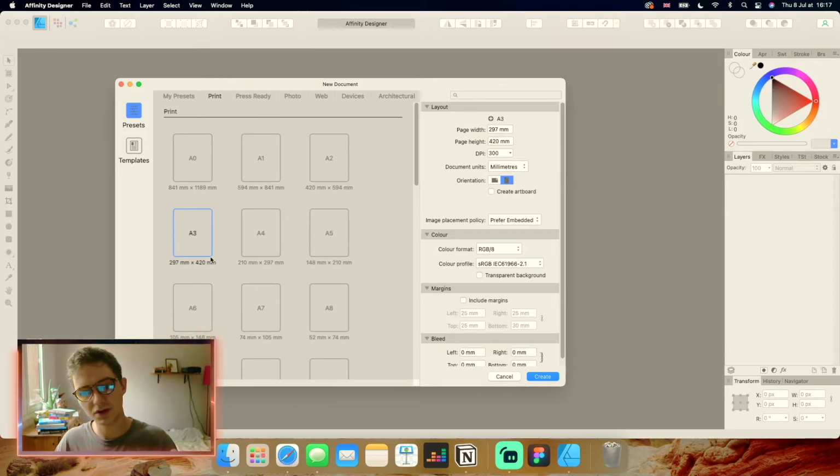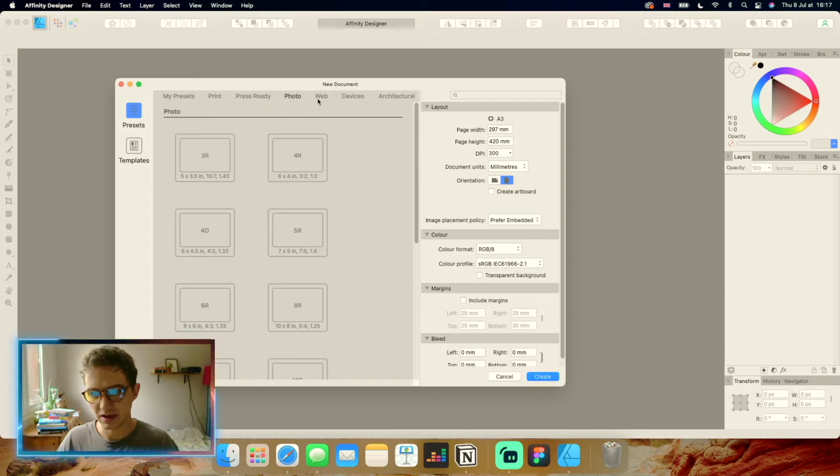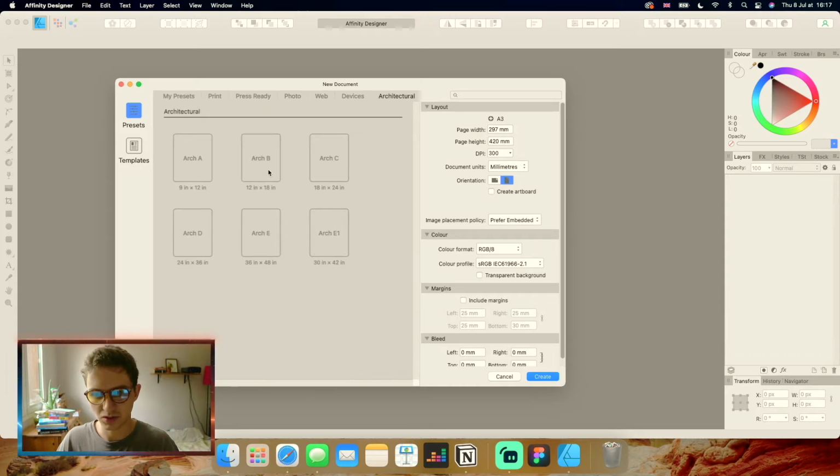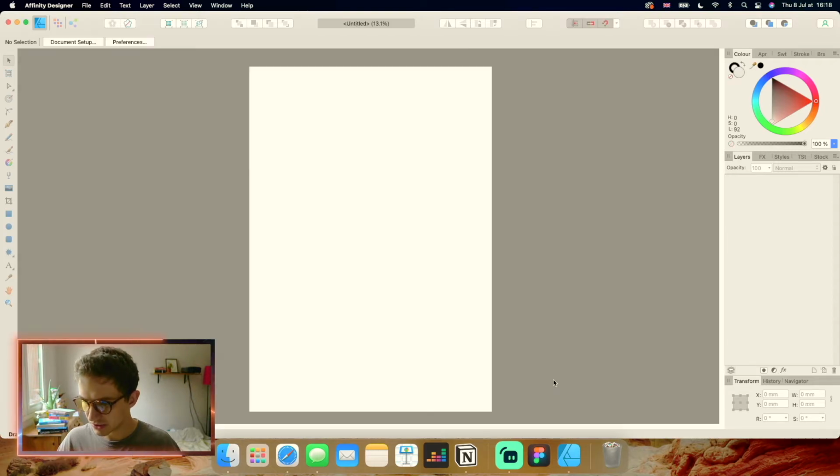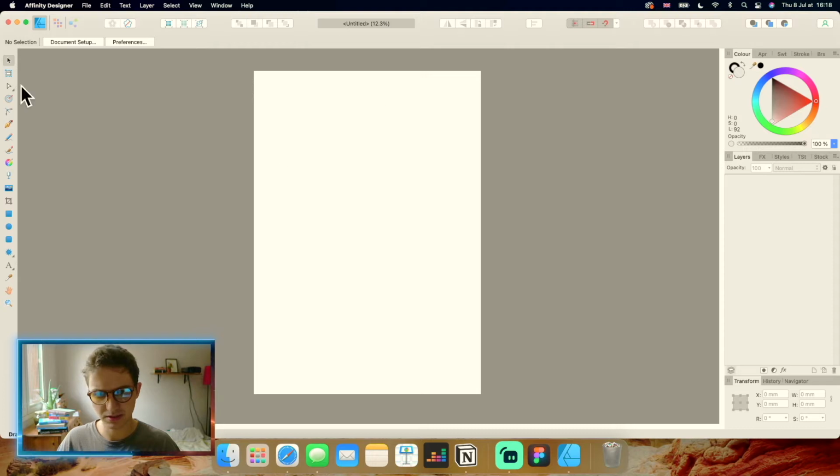and then you can select your document. So if you're working on an A3 or A4, you got press ready, you got photo, web, devices, architectural. So you got everything ready there for you to create your document, okay? So let's select one, and then I'll show you how to work with artboards. Also make sure you have the right DPI and you're working your dimensions and the right color space for yourself, okay? So let's hit create,